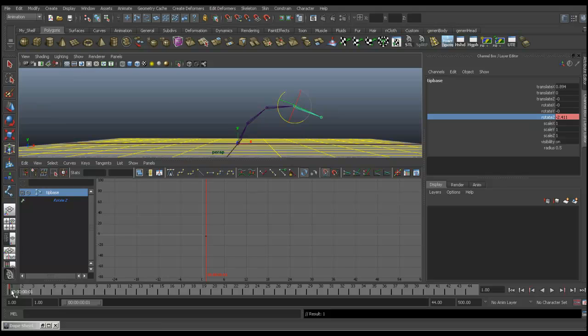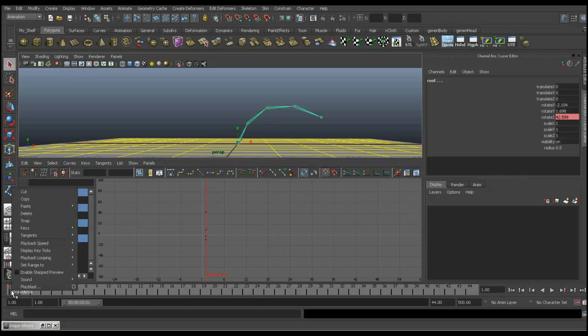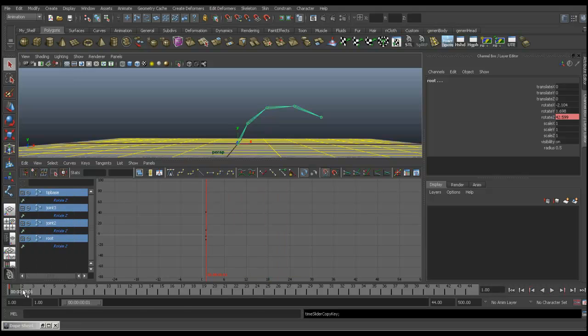Now, what's cool about this is that I can quickly go back and grab all of these guys, go down to my frame 1, take my time slider to frame 1 and right click, copy, and move to, I'm going to have this start in 30 frames, and I can then paste all of those keys at frame 30. Notice that all my joints now have no change in the timeline, but I have keys at the beginning and end. So now I'm just going to go back to frame 15,